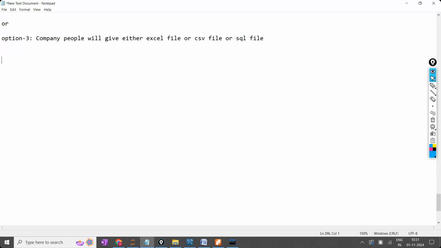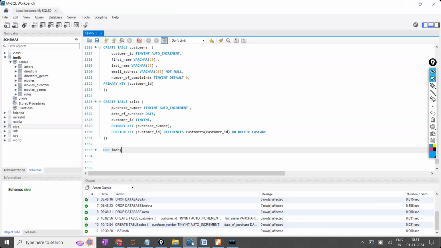That is a basic thing, basic to the basic. Sir, here they have given the database connection like that. But either the company people will give the ER diagram also to you to go through, because this was not created by you. Someone created it, so the ER diagram will be with them, and they'll share it with you. So either the company team is going to share it with you. But in this case, I'm not having that ER diagram with me. If the ER diagram is not available, then you have to create the ER diagram.